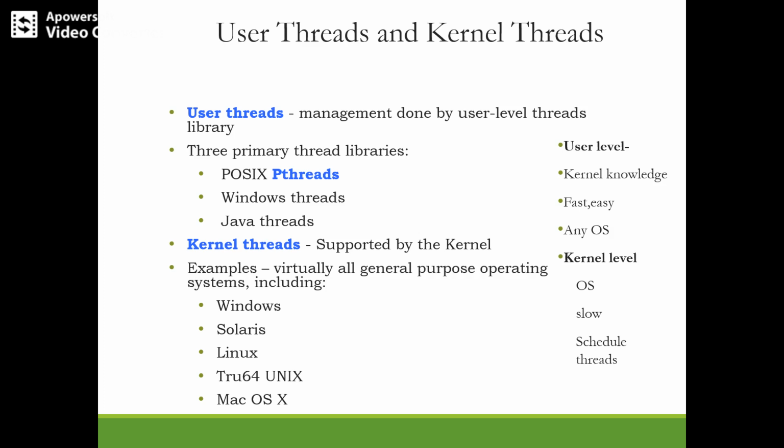The basic advantage of kernel level threading is that a kernel can simultaneously schedule multiple threads, whereas that is not the case with user level threads. And if one thread in the process is blocked, the kernel can schedule another thread of the same process. And kernel routines themselves are multi-threaded. But the drawback of kernel threads is that they are slower to create and manage than user threads, and any threading operation requires a mode switch to the kernel. So we have some examples like Windows, Solaris, Linux, Tru64 Unix, and Mac OS threads.